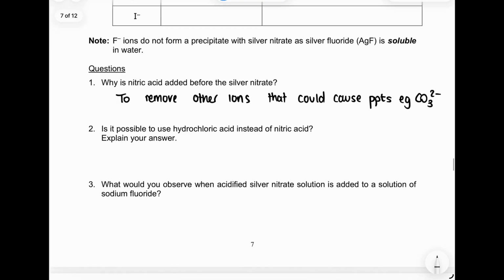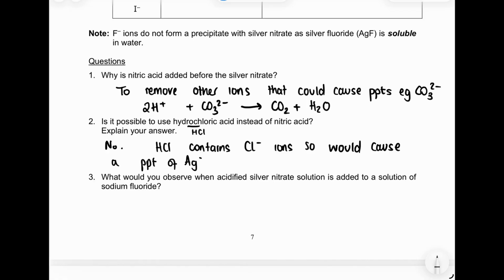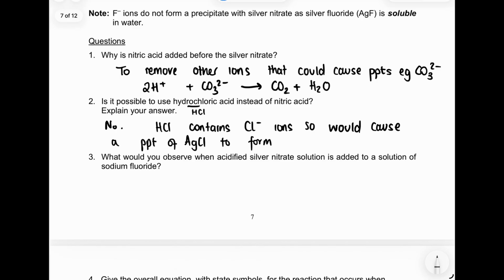And remember that when you add acid, the acid reacts with the carbonate ion to produce carbon dioxide and water. Could we have used hydrochloric acid? Well, hydrochloric acid, remember, is HCl. So no. HCl contains Cl⁻ ions, so would cause a precipitate of AgCl to form,